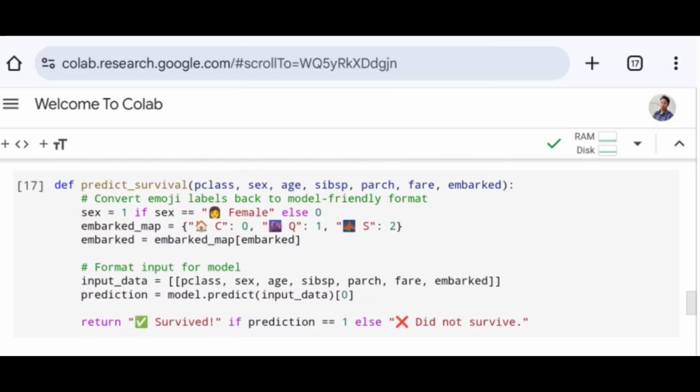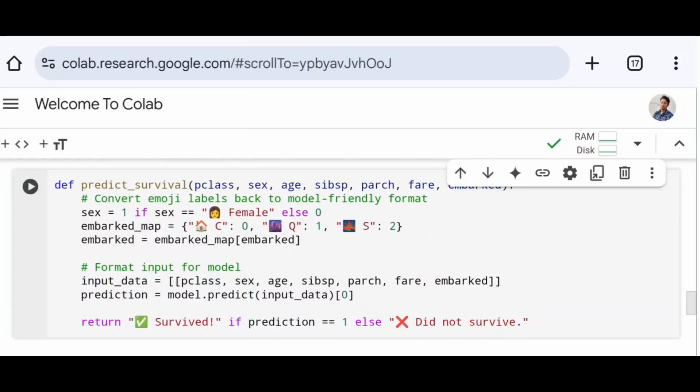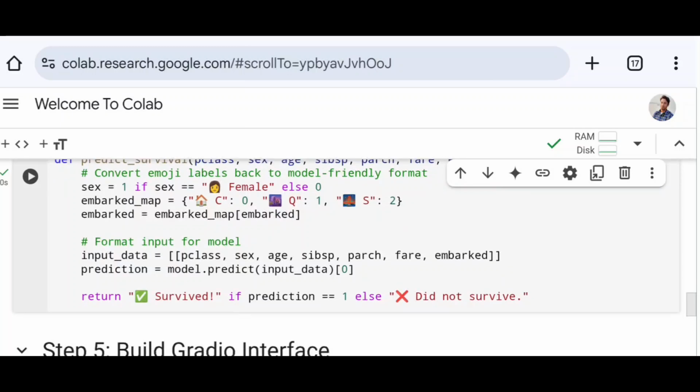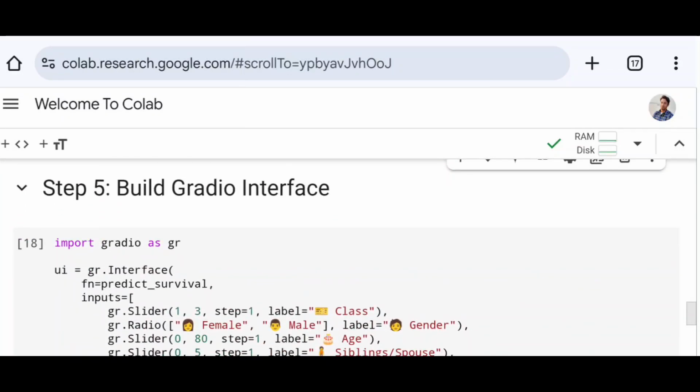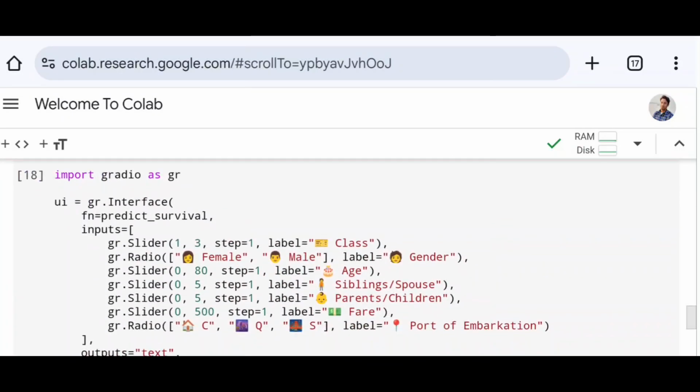Next, I used to call the model.predict function where I pass input_data with index 0. This line of code will give the predicted result which is stored in the prediction variable. And finally in the return statement I mention that if the prediction value is 1 then return survived, else if the prediction value is 0 then return did not survive. Now after running the code I will quickly move on to the next step where I used to create the user